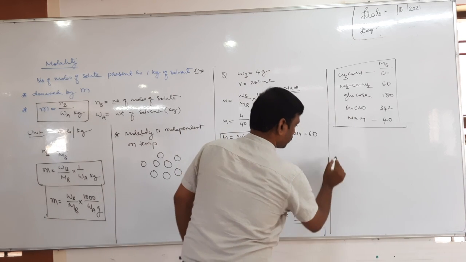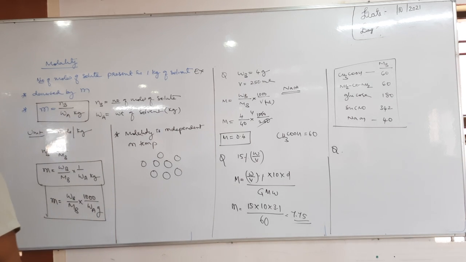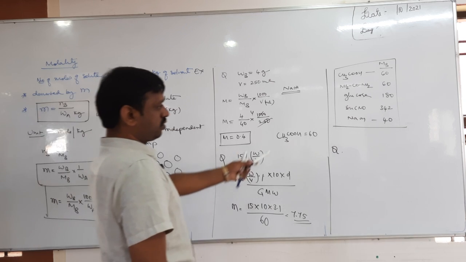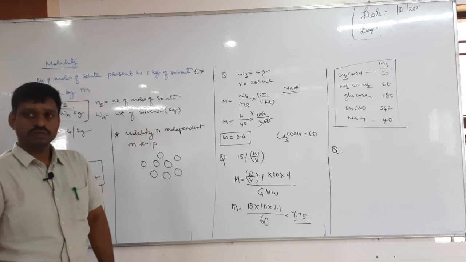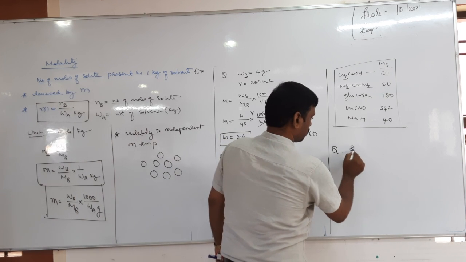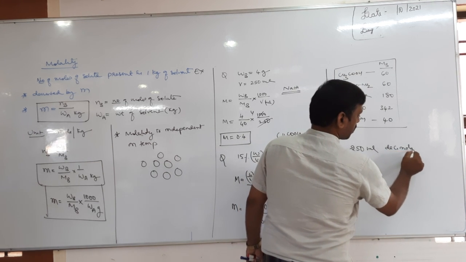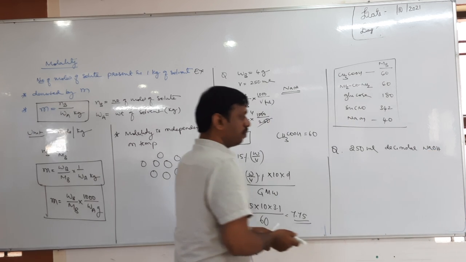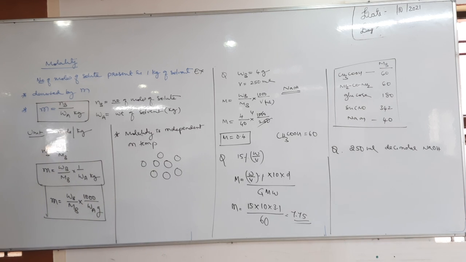Next, one more. Decimolar taken. You should remember this. 250 ml decimolar NaOH is diluted